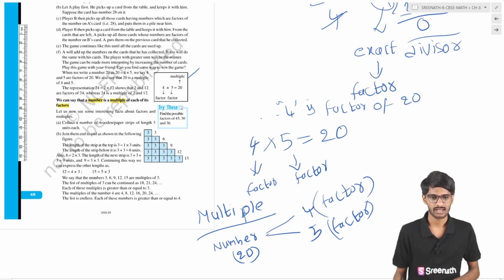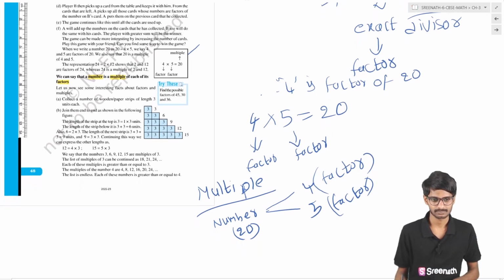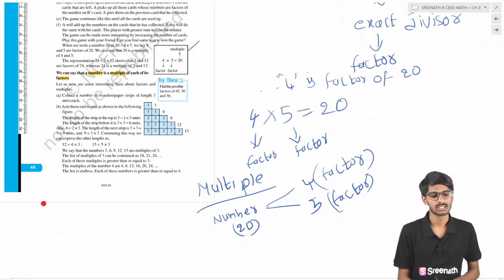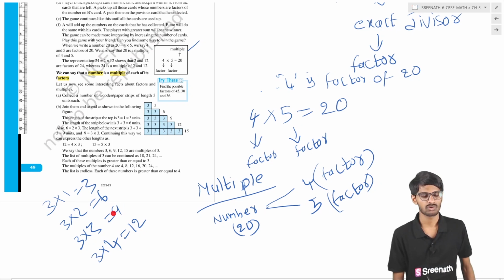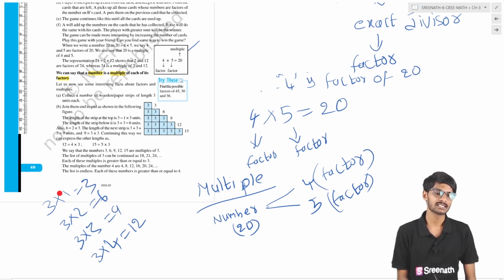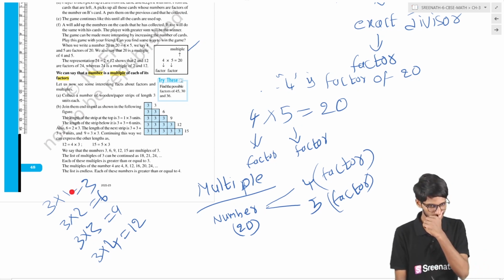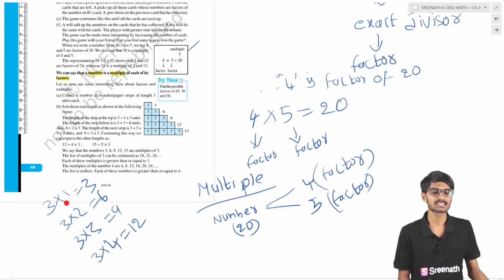Okay students, for example, suppose we take 3 and write the 3 table. Multiply it with 1, next with 2, next with 3, and next with 4, like that. 3 1s are 3, 3 2s are 6, 3 3s are 9, and 3 4s are 12. So basically these two are the factors of this number, and the multiple of this number is the 3